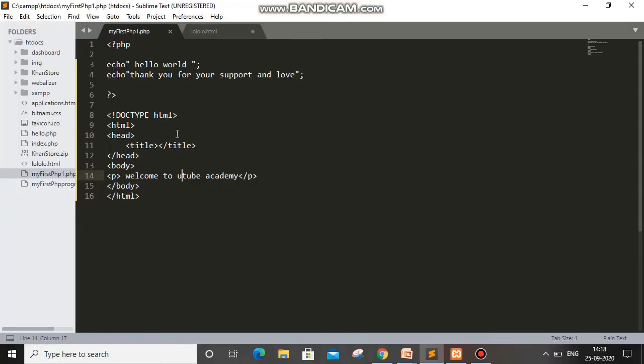As I have already mentioned in our earlier video, PHP is a scripting language. This is our PHP code, this is our HTML code. Both we can write in the same file. But in C or Java, if we try to do all these things, we would get an error, because those are not possible in other languages. But in PHP we can do all these things.